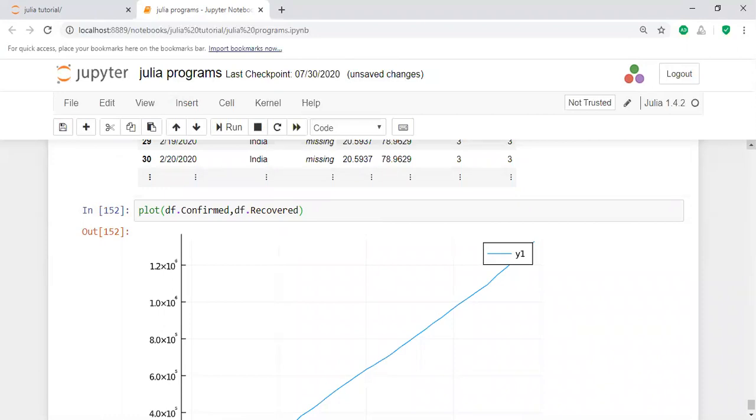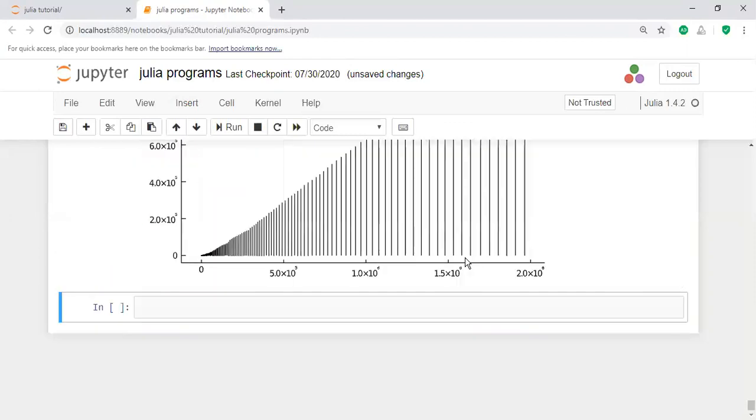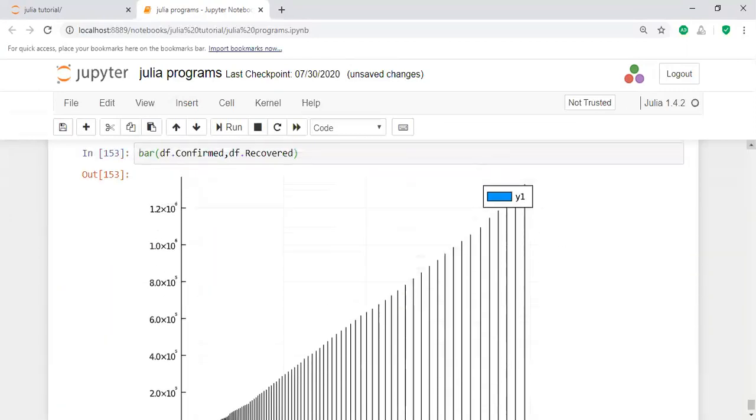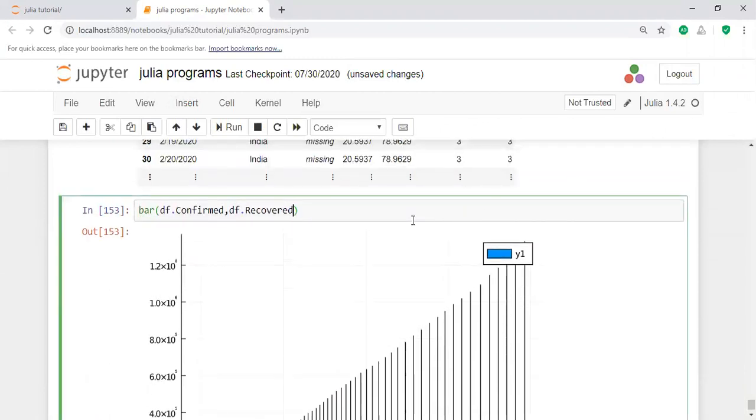This is a way of representing the bar chart. If you write the bar chart for this one, you can see it like this, confirmed, and you may add a color also, color equal to red.